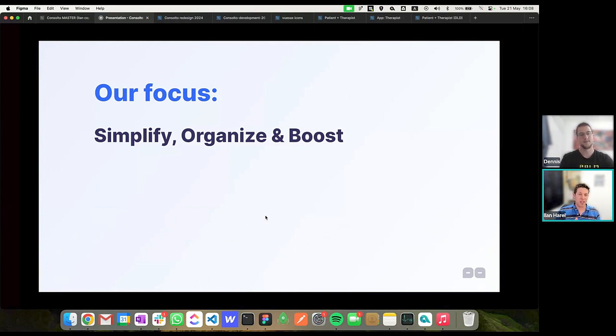The second thing is organize. You want all the data out of the meetings, including chats, including voice recordings, meeting recordings, form submissions, your notes, everything in one place. You can't afford to have them spread over a lot of tools. That makes things complicated and not organized. And boost, I'll talk about the boost later.